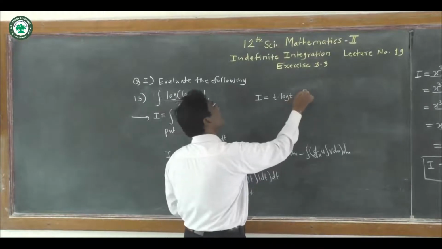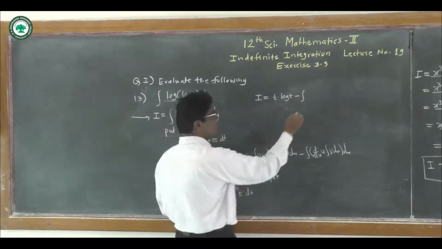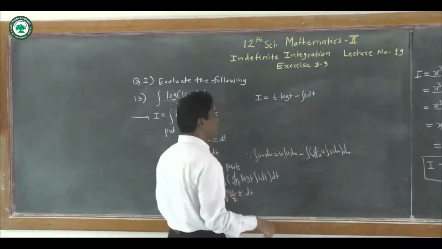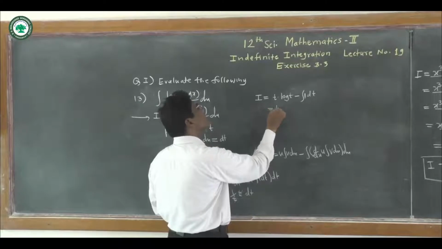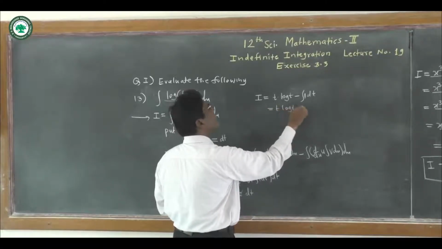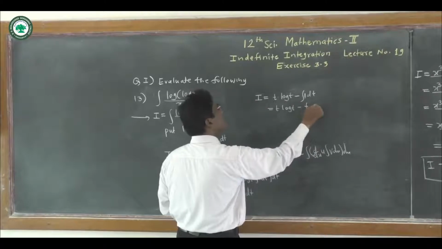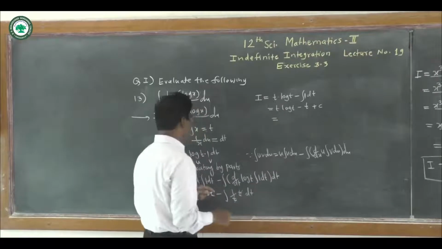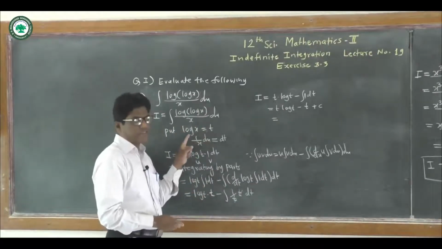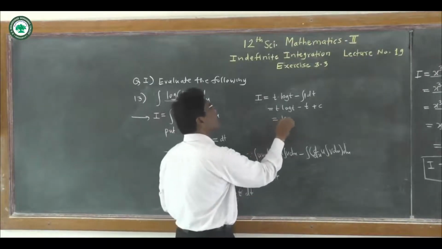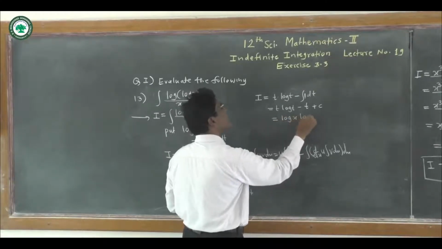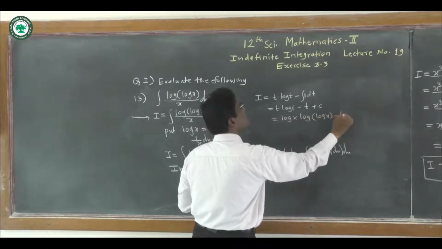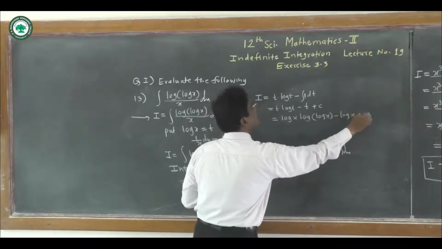Minus here integration of this t and t get cancelled. So integration of 1 dt. Integration of dt or integration of 1 dt. So this is equal to t into log of t minus integration of 1 dt is t, and finally write here this c, constant of integration. And now put the value of t. t is log of x, and so we get here log of x log of t. t means here log of x minus t. t means here log of x and plus constant of integration.